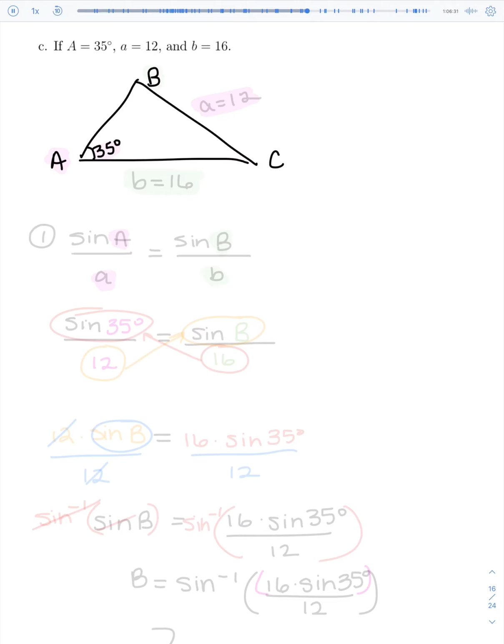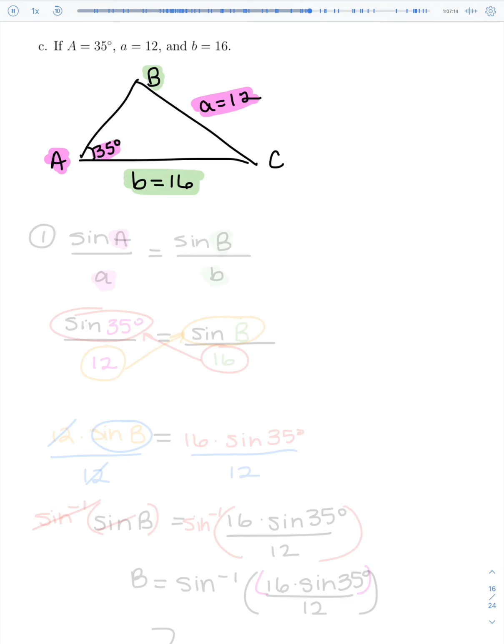We know that side A that is opposite it is 12. And we know that side B, which is opposite angle B, is 16. So remember, if we have an angle, which here is 35, and a side opposite it, and then either a side or an angle, then we can use law of sines to find the missing piece that matches up with either the side or the angle that we have, which means I can find the missing angle that matches up with side B,